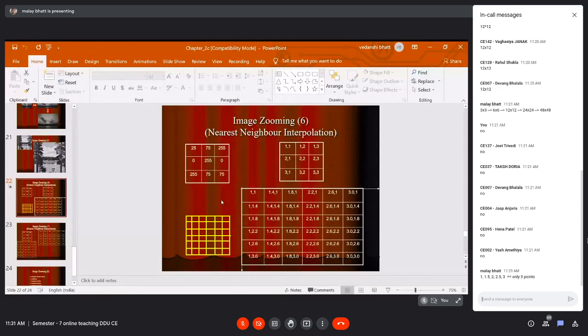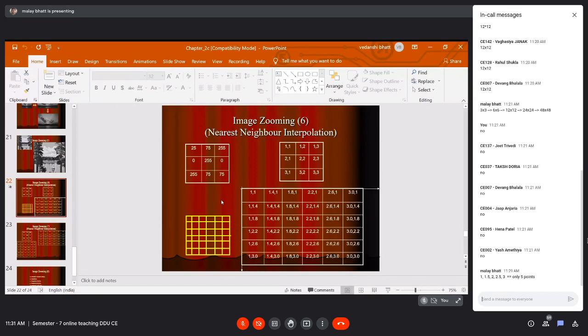The first column will be 1, then 1.4, then 1 and 1.8, 1 and 2.2, 1 and 2.6, and 1 and 3.0. Once you get the first row and first column, it is very easy to put the other points. Is it clear? So that is how from this 3 cross 3, we are getting 6 cross 6. So this is about generating the pixel locations.